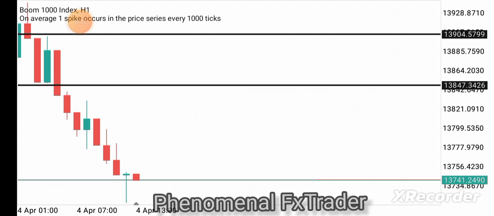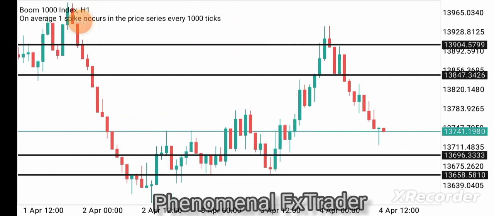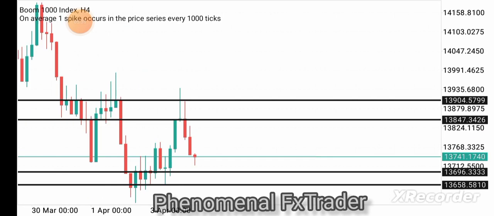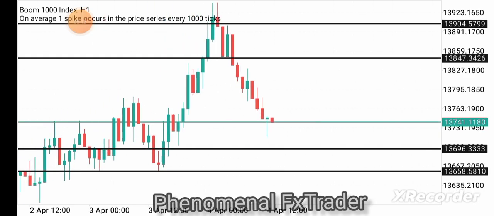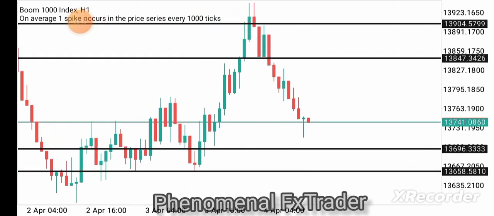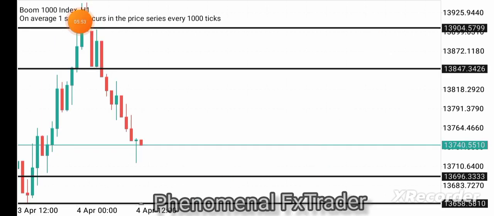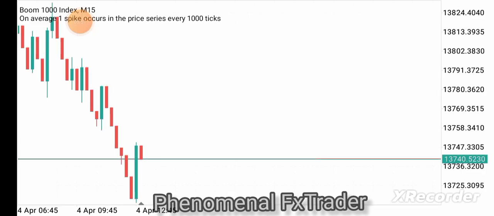I think it should be visible on the 1 hourly time frame. Okay, I can't really see it, but let me get something. Okay, on the 1 hourly time frame, it doesn't really show why it changed direction at that point. But if you go to the daily and 15-minute time frame, you will see it. So let's just check the 15 minutes time frame. All right, so on the 15 minutes time frame, you can see